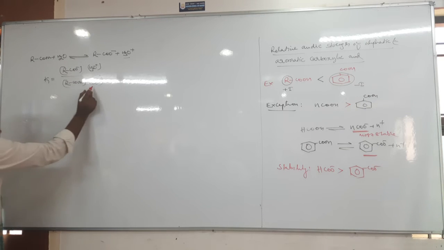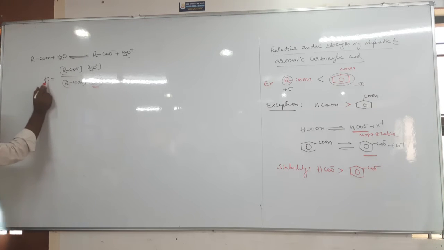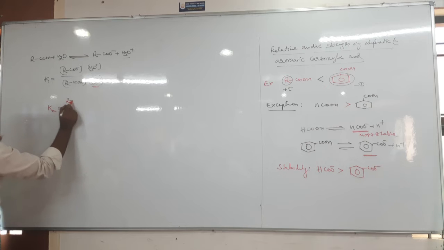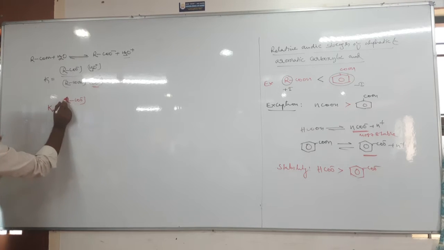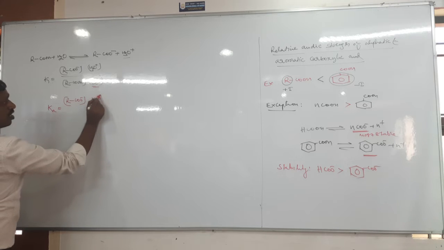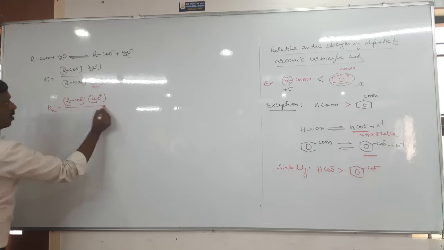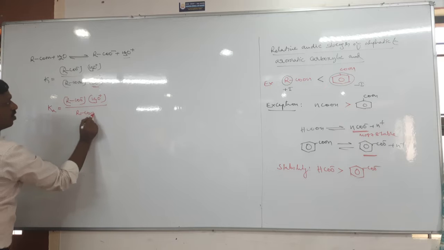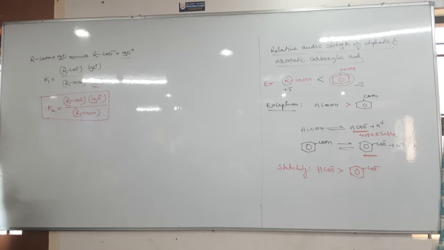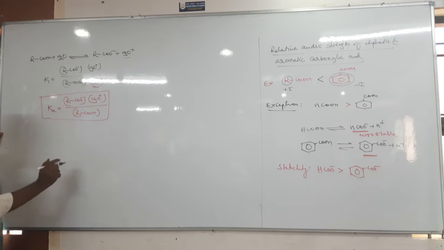Therefore, now you bring this concentration here, that means it is a constant K, and water is also constant, so you can take it as Ka. So Ka is equal to the molar concentration of carboxylate ion times the molar concentration of hydronium ion, divided by the molar concentration of acid. So here I want to know the relation between Ka and H3O plus.